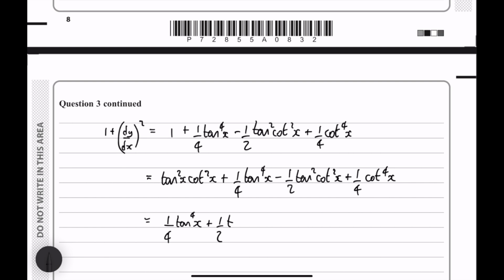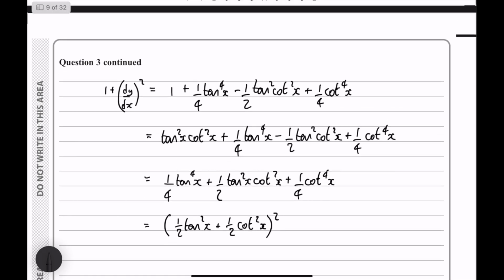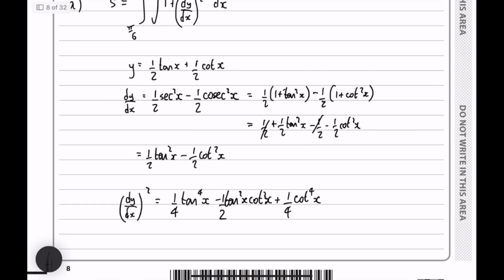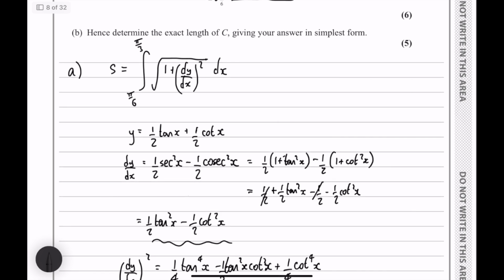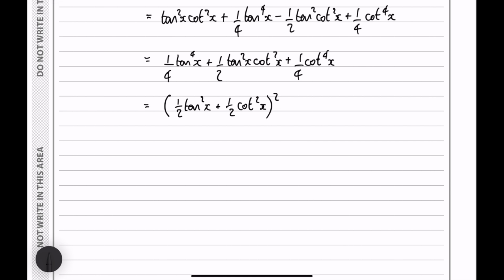And whichever way you think of it and do it, as long as you follow through correctly, you should end up with the same expression on the next line, which is to factorize this into a perfect square of a half tan squared x plus a half cot squared x squared, which is, as expected, the positive version of this expression here. Now that's great, because all of this work is going into a square root, and that's why I expect something like this, because now when we square root this thing,